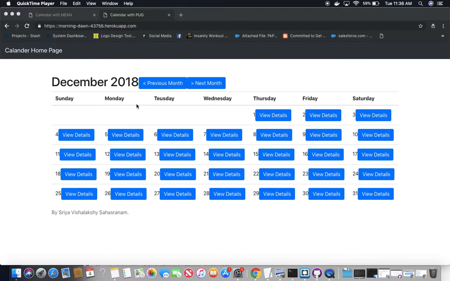Shalakshi, and this is my final project for ITM Web Application Development Program. So I started off building a calendar where I had to store the events in the calendars and was supposed to show the views: the day view, the month view, the week view, and how many events are there